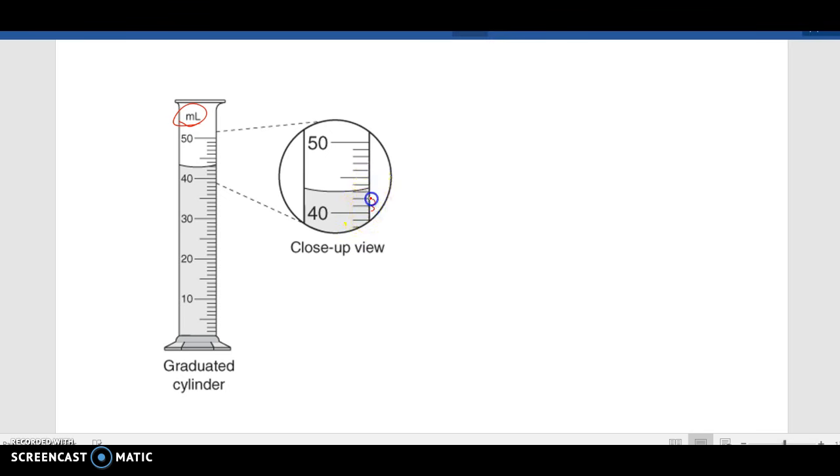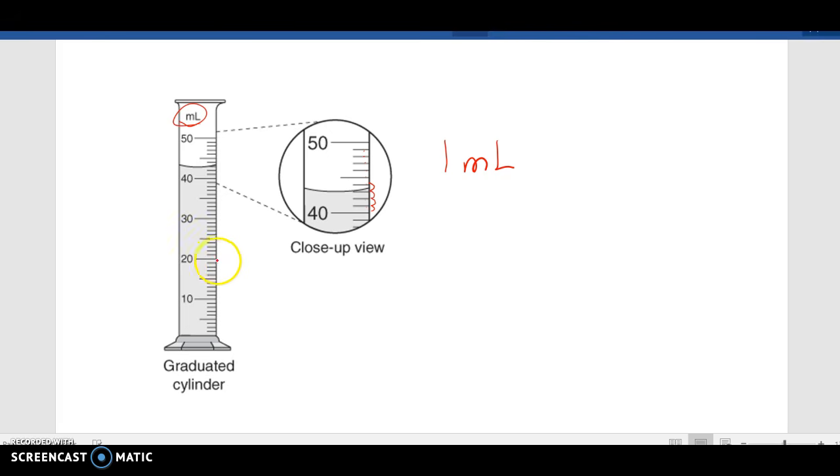go to every interval, which is the space between lines, and see what the value is. If we just count up by ones, 40, 41, 42, 43, 44, 45, 46, 47, 48, 49, 50, bingo, that works out. That's 40. If we count by 1 milliliter, that gets us to 50, so that we know the scale is 1 milliliter, or the value of line to line is 1 milliliter. That was pretty easy. However, sometimes it's not as easy, so I'm going to give you a mathematical way as